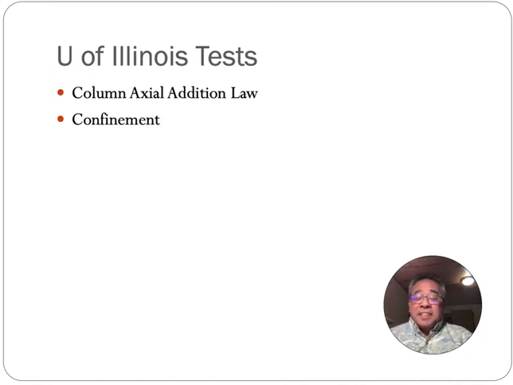Hi, we're continuing our discussion about column design. We went over the basics in the previous lecture. This time, we're just going to talk about what is the pure axial capacity of column design of columns. And this is based on the University of Illinois tests that resulted in what's called the column axial addition